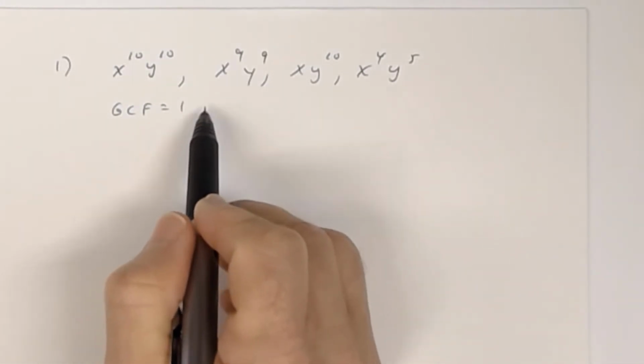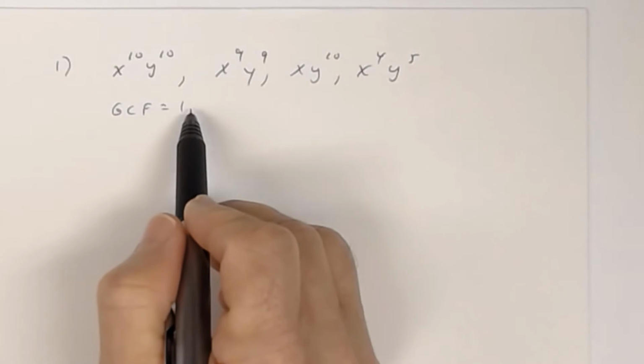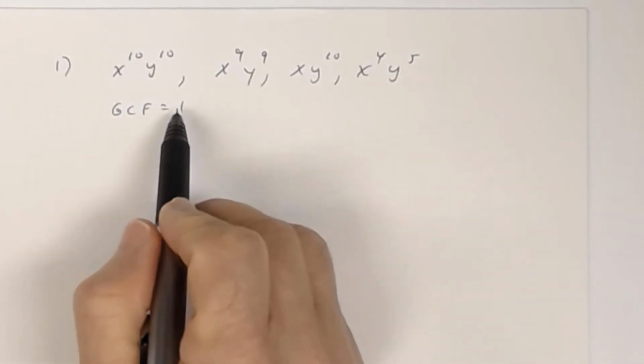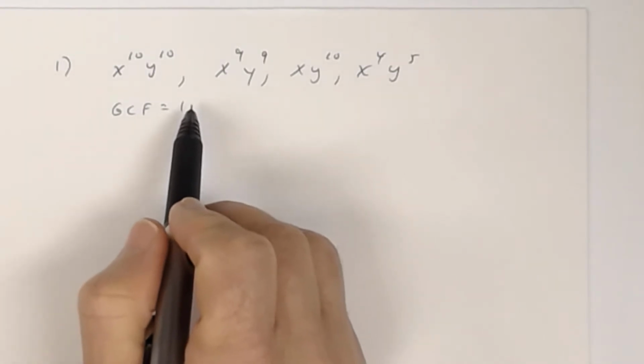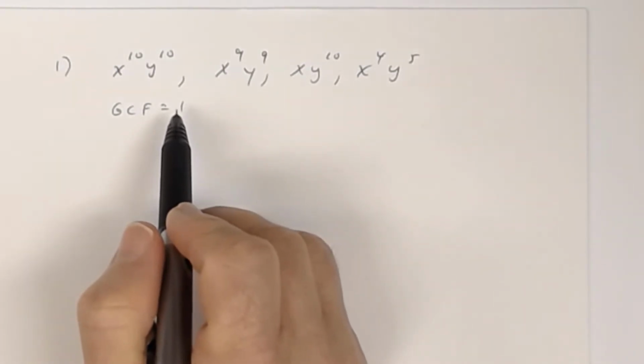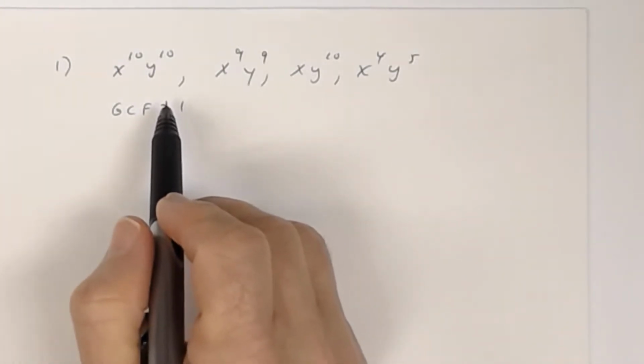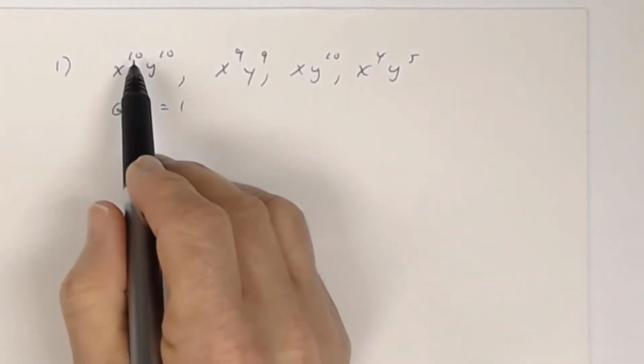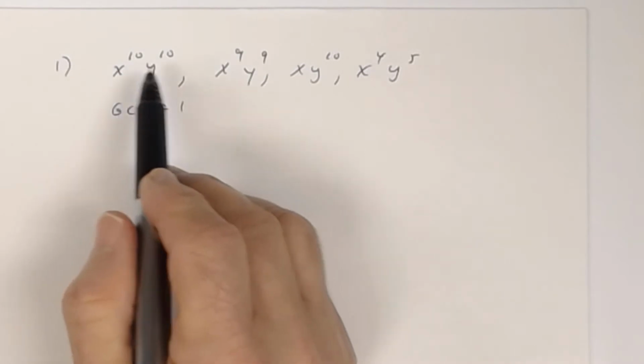So you're going to need some factor of x here. You have factors of y in all of them. So you need some y's here. The question is, how many do you need? How many factors of x will be part of your GCF? Well, remember, when looking at variables, the GCF for the variable will be the one with the smallest